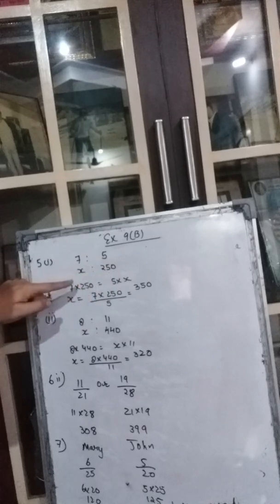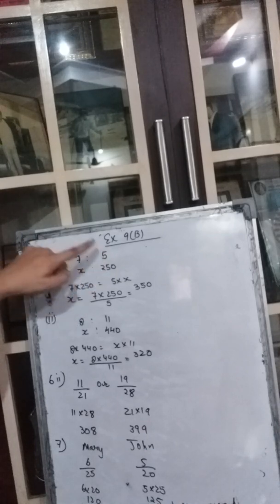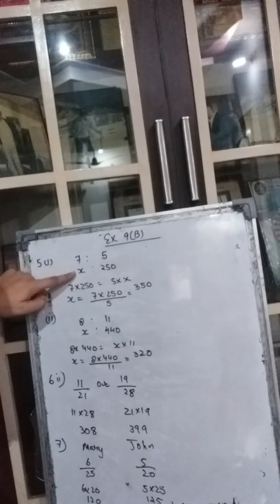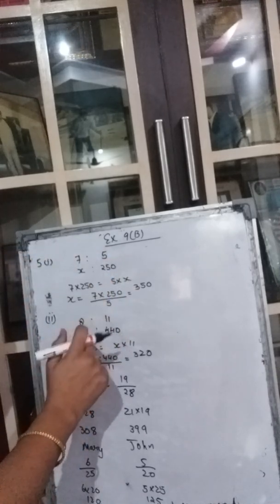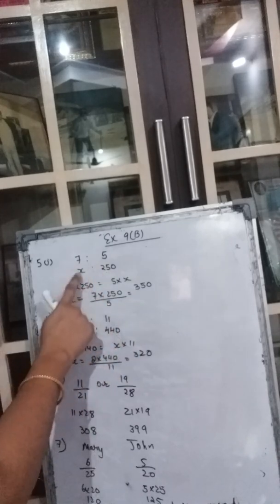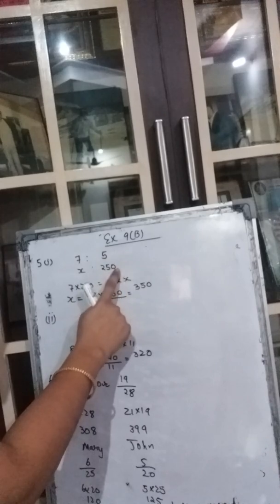Okay. Increase 250. That means 250 is small. We have to increase it, and the increased number we do not know. So write 250 under the smaller ratio because it's a smaller number. Let's assume the increased number to be x, and that x will come under the bigger ratio. Why under the bigger ratio? Because we have to increase this. Whatever the answer will be, it will be bigger than this. So x will come under the bigger ratio, and 250 will come under the smaller ratio.